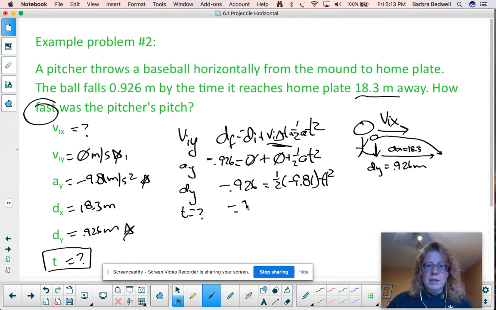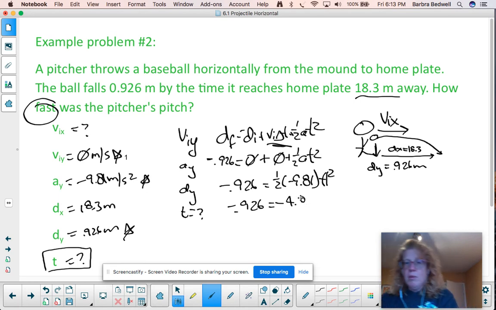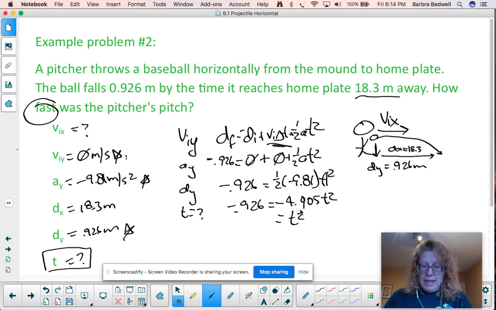So again, this looks a little bit similar to the problem that we did last time. What did I say what this one is? Negative 0.4 whatever it was. Why can I never remember that? 9.81 divided by 2 is 4.905. So negative 0.926 equals negative 4.905 t squared. Now I'm just doing the algebra. Divided by 4.905 equals, see, the calculator says, t squared equals